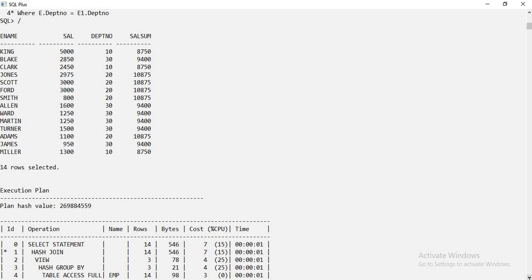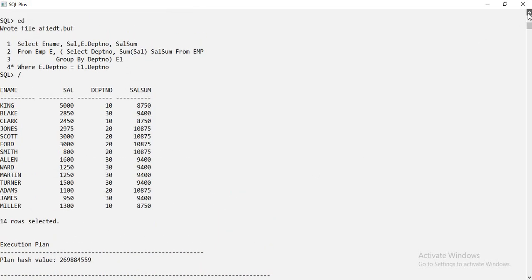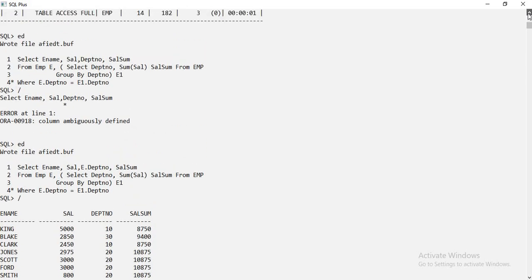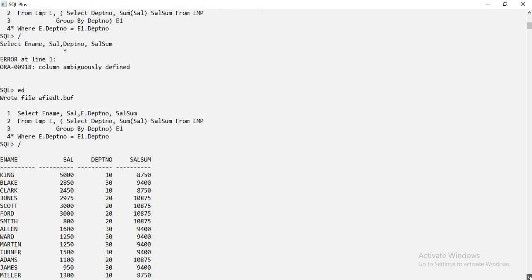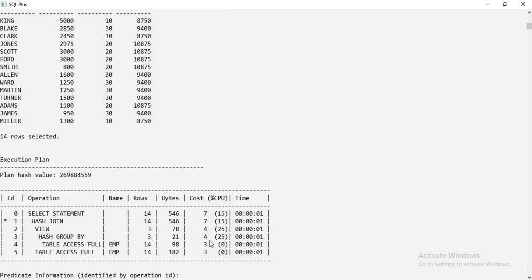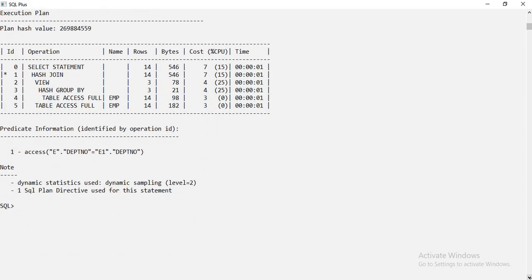And here, if you see the cost, the cost is very huge. It has gone up to 546 bytes, and the cost is more than 7, see, 774433. Whereas earlier the cost was very, very less. See here, it is 443, whereas here it is 774433, where the output is the same. There is no difference in output. So that is why analytical functions are so very important.